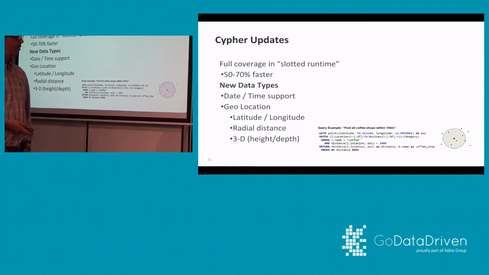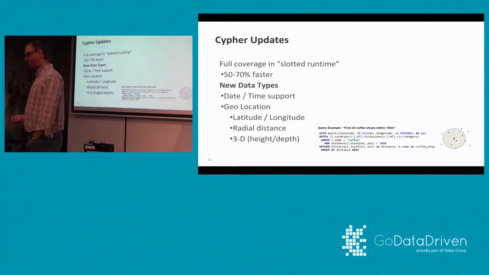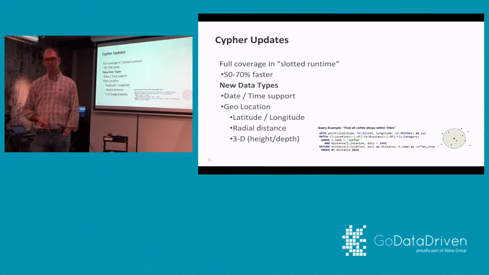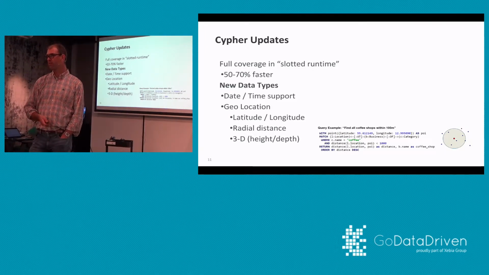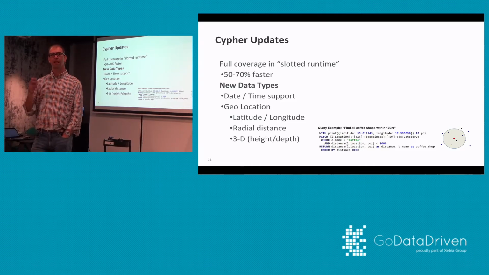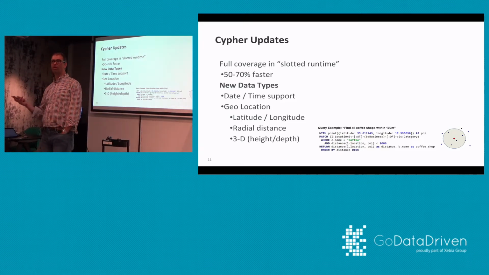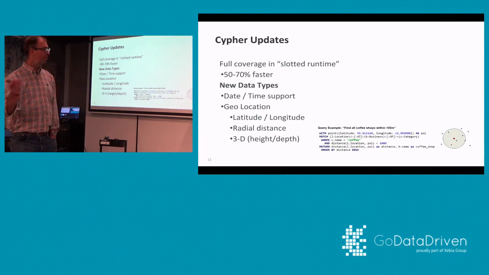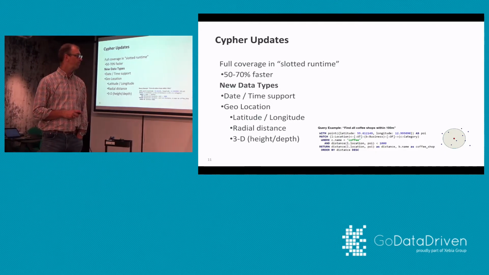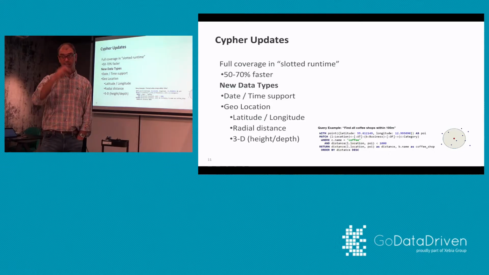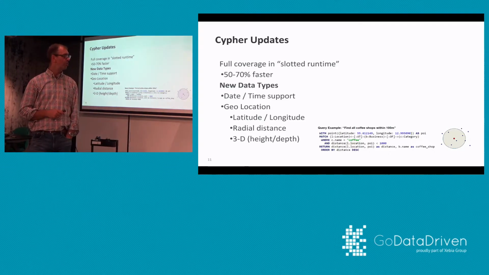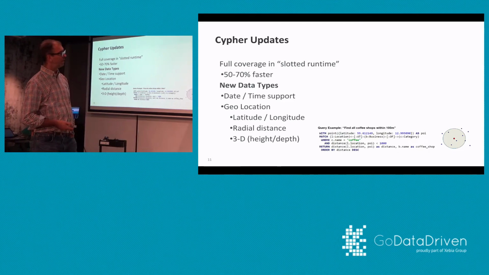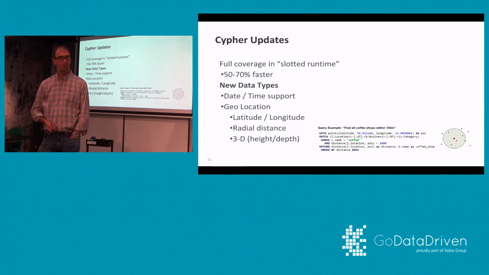format. And geolocation is where we're actually trying to integrate some of the lessons learned from the geospatial plugins that have existed for a long time for Neo4j, and bring that into the native graph so that you can ask distance questions, different radial distance, 3D, even different dimensions. You can ask those types of things without having to jump through hoops, right? So those are big Cypher updates that we have right now.